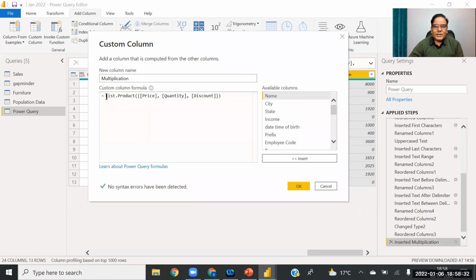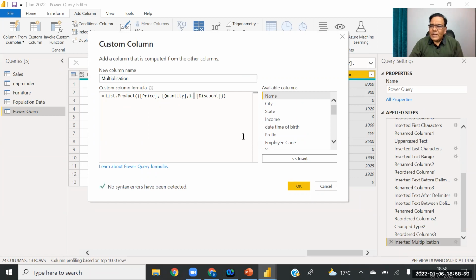The formula is List.Product of these three variables. So the software is applying the multiplication of the three. If I do 1 minus discount, for example, suppose you are giving a 10% discount, it means you are selling at 90%.